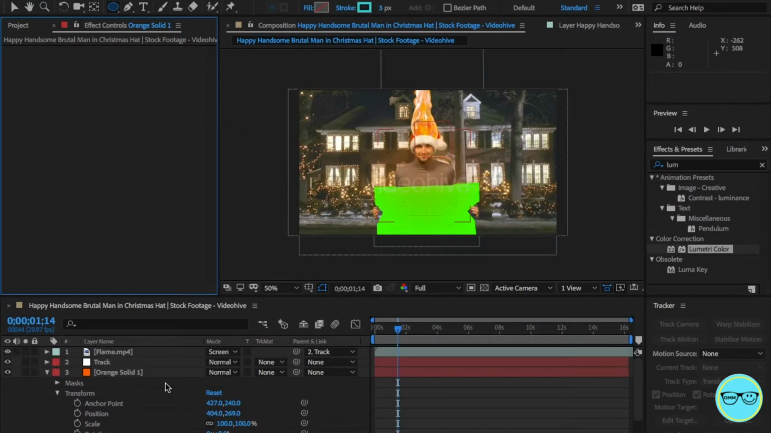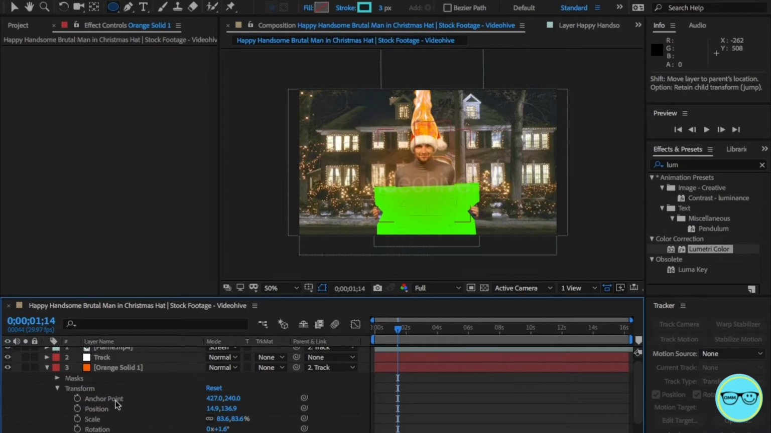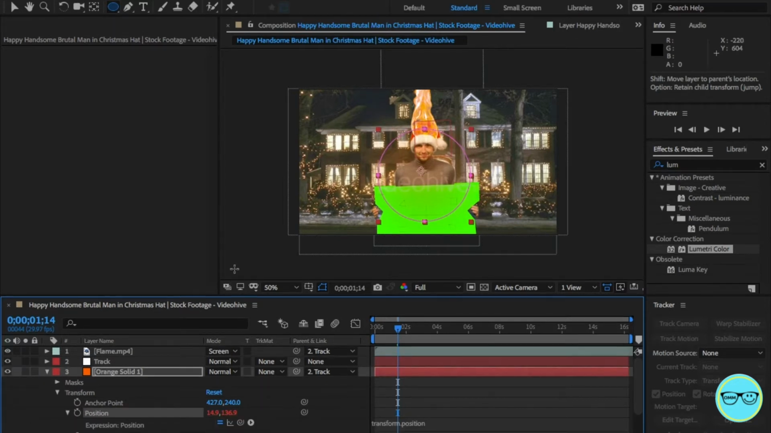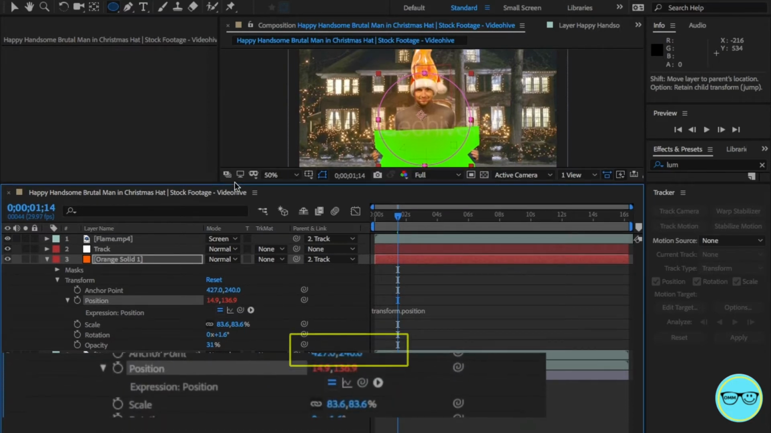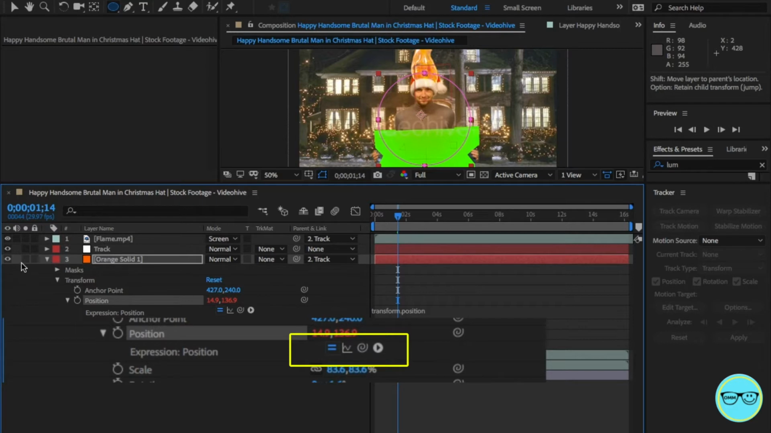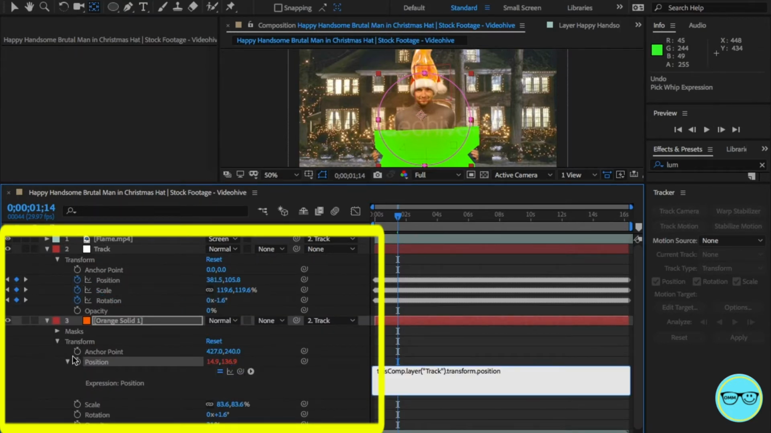We now want to have the reflection follow the subject as well, but only for the position and scale, not for the rotation. So we can't link the entire layer to the track data. So start off by expanding the properties in the track layer and the reflection solid. From the reflection layer, press Alt and click on the stopwatch for the position property. This will allow you to write an expression, but we're not going to do that right now. You'll also notice that it's opened up a pick whip tool for this property. Link the position from the reflection layer to the position of the track data